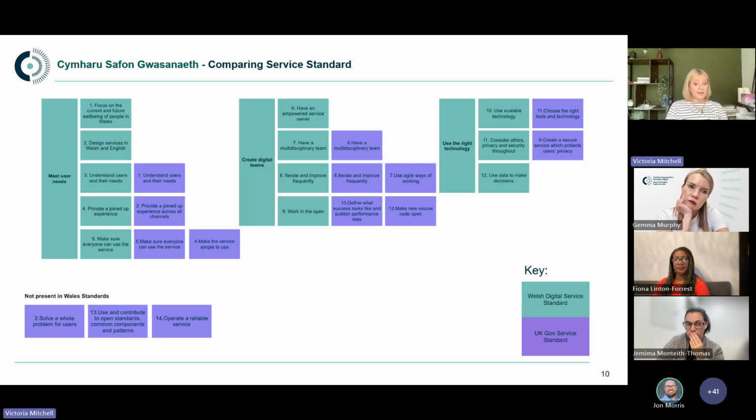And again, UK service assessors would probably exclude these from their assessment approach. And two of the standards, numbers 1 and 2, are what makes Wales unique, and again, that would need to be addressed in any model. So in conclusion, when doing this analysis,